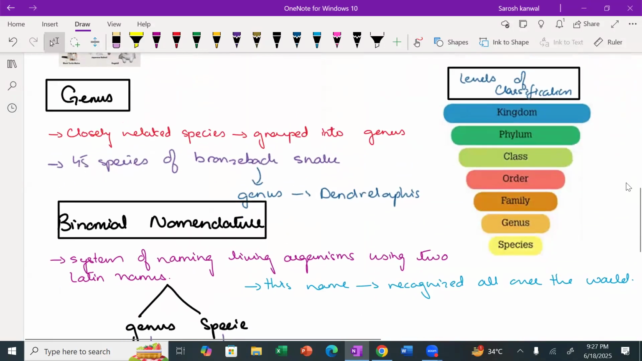Okay. Then comes genus. Now, what's a genus? It's closely related species. When closely related species are grouped together, they are grouped